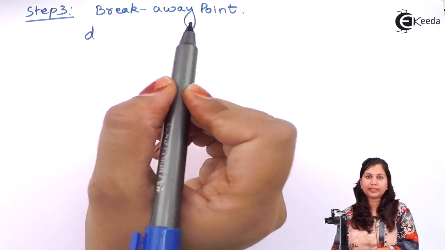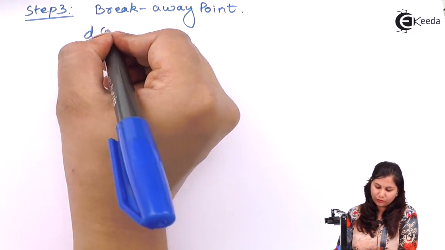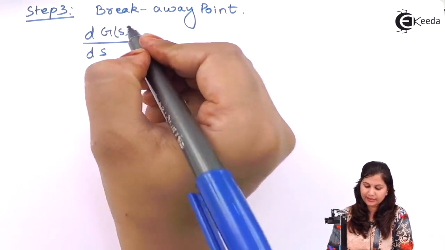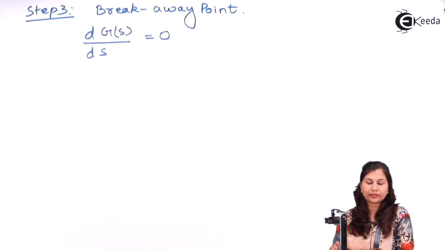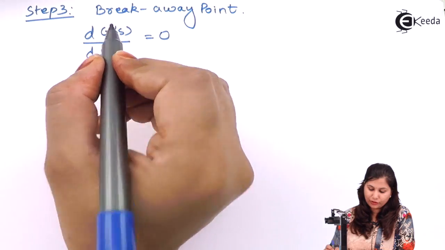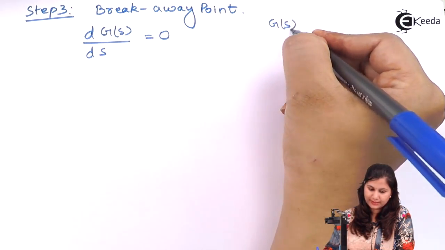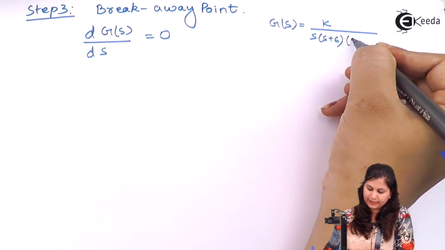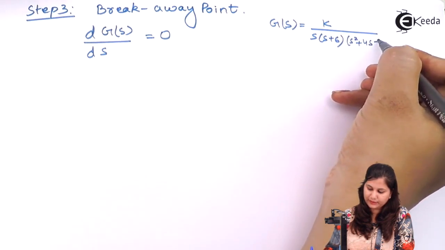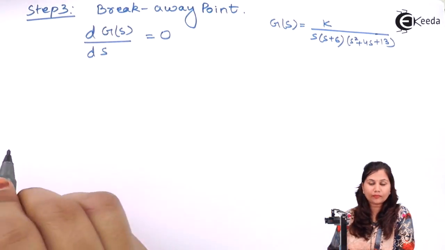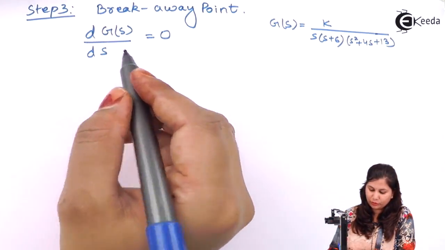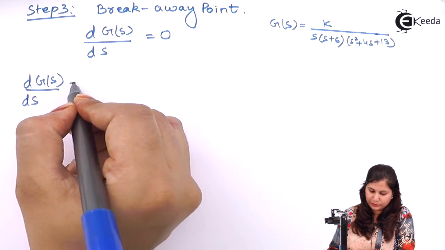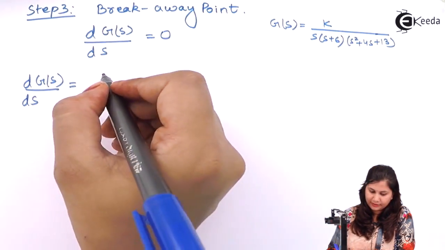So to find out the breakaway point, we will differentiate the open loop transfer function with respect to s and then equate this differentiation to 0. The open loop transfer function G(s) is given to us as K upon s(s + 6)(s² + 4s + 13). So differentiating with respect to s, dG(s)/ds will be equal to